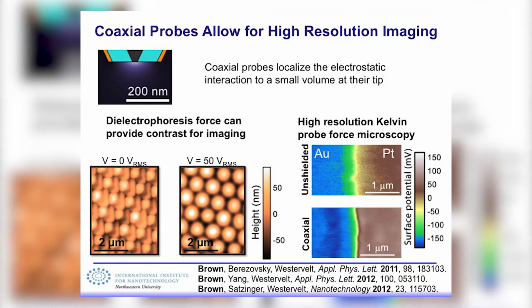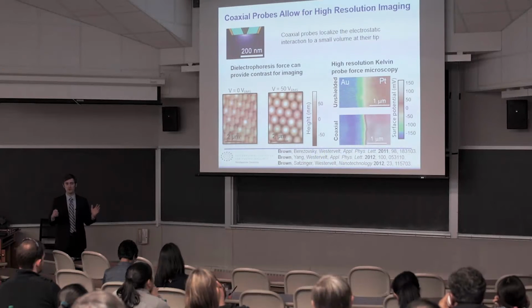In this case, we're looking at the work function or contact potential. And we're able to show about an order of magnitude improvement over probes that are not coated. So these have potential for imaging. But getting back to the main storyline, I told you about using these for manipulation of materials, to try to position